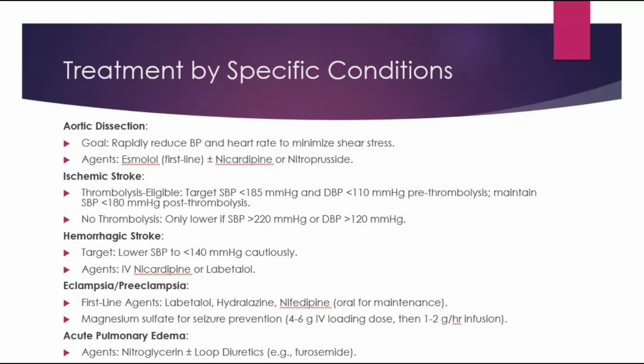Hemorrhagic stroke. Blood pressure reduction must be handled cautiously. Aim to lower systolic BP to less than 140 millimeters of mercury using agents like nicardipine. Eclampsia. In cases of hypertensive emergencies during pregnancy, first-line agents include labetalol, hydralazine, and nifedipine. Additionally, magnesium sulfate is critical for preventing seizures, starting with a loading dose of 4 to 6 grams intravenously, followed